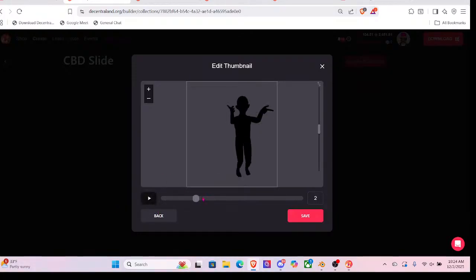And then this is where you can make the thumbnail for your emote. You can figure out, all right, what's the cutest for this one? I think that is cute. You can move it up or down because you can get different angles. I think it's really important if people make theirs, find the position that really captures your emote, because if I just have it like, I don't know, like that,